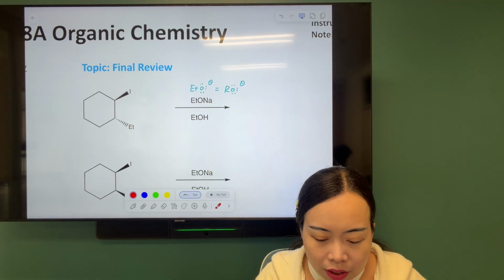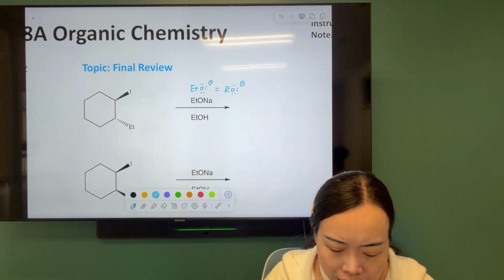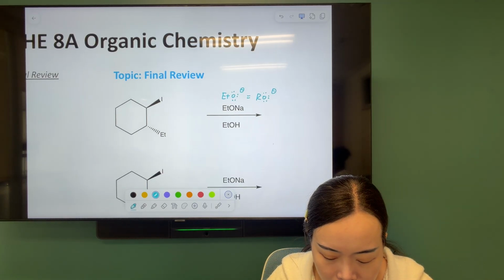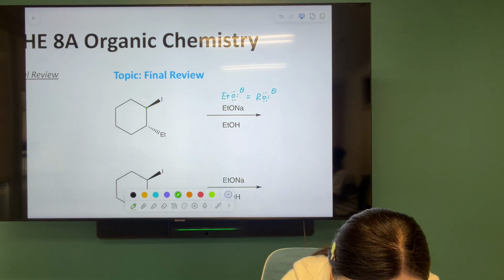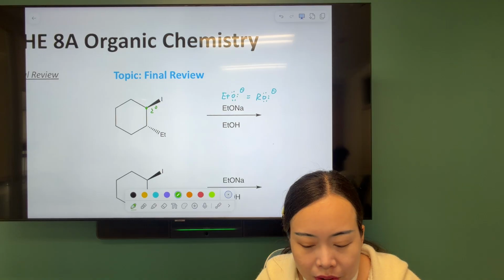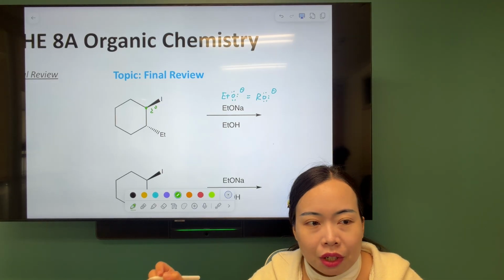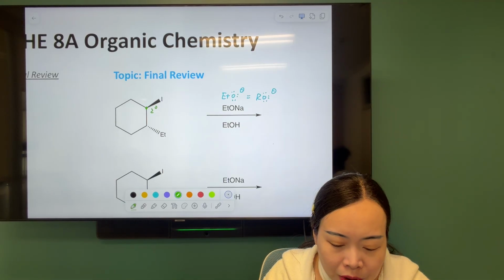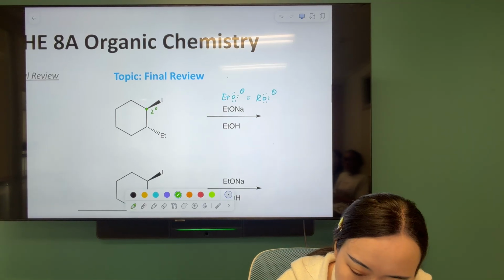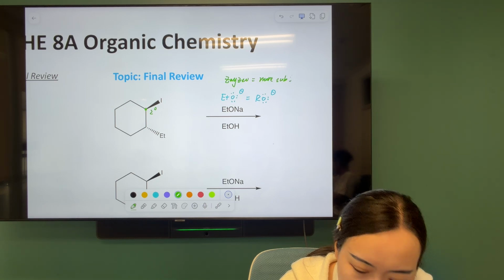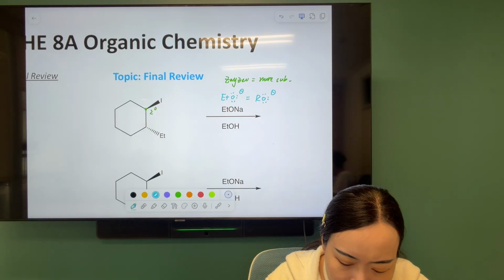Our EtO minus is going to do the work and it's going to grab a hydrogen. So I do have, let me do, okay, here. This is a secondary. I jumped one step, which is how we determine it's E2, but it's pretty straightforward on the table, right? Now, it's also going to form the more substituted alkene. So I will still write Zaitsev. So it means more substituted alkene if we do have a choice. And since it's going to be E2,